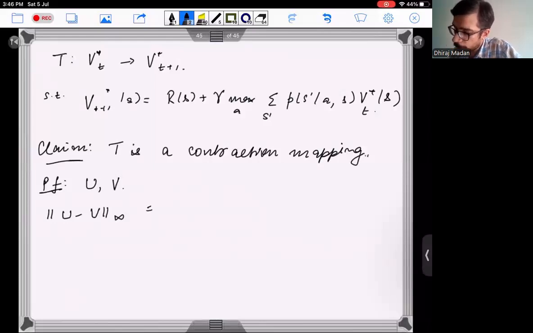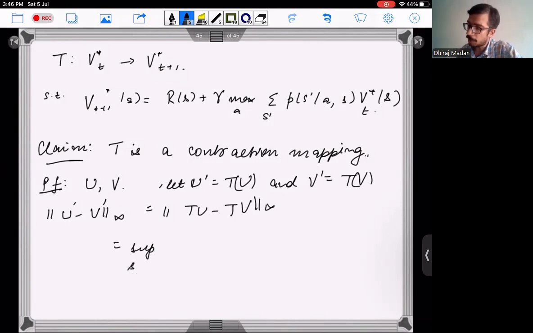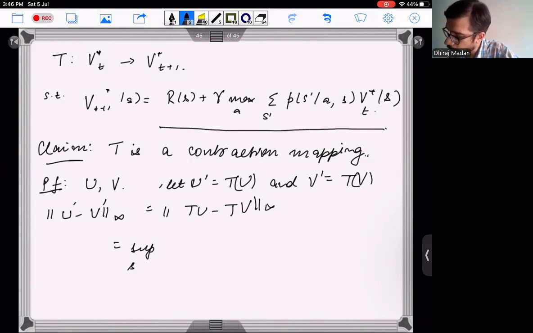So which is u prime minus v prime. Right. So let u prime equal T of u and v prime equal T of v. So this is essentially Tu minus Tv, the infinity norm, which is the supremum over s, right? And then the mod of Tu(s) minus Tv(s). And what is Tu(s) minus Tv(s)? This is given by this. So essentially, this is the supremum over s,